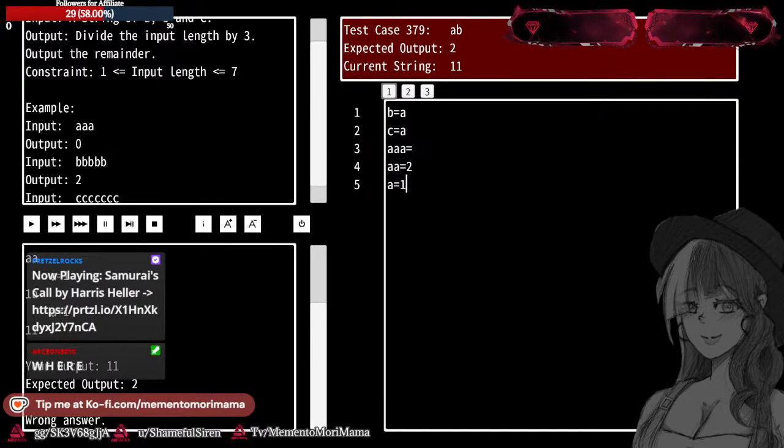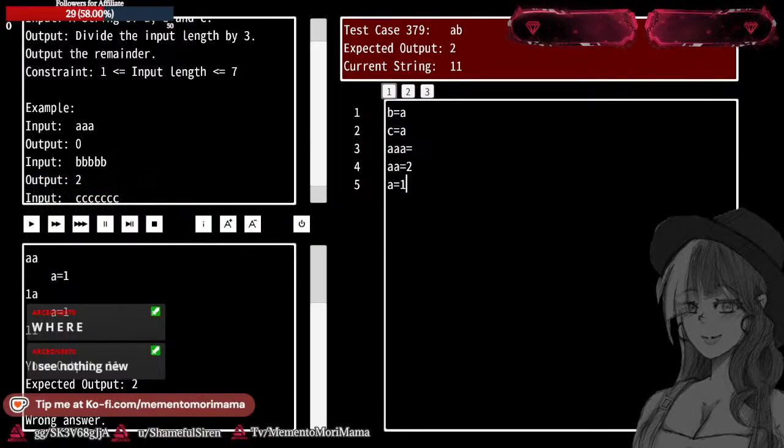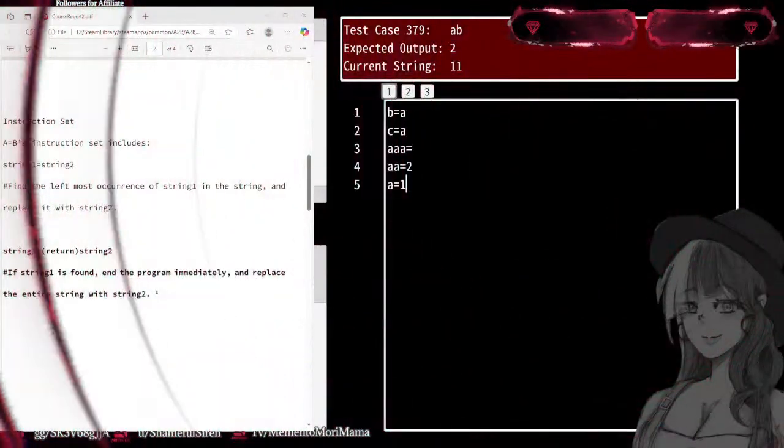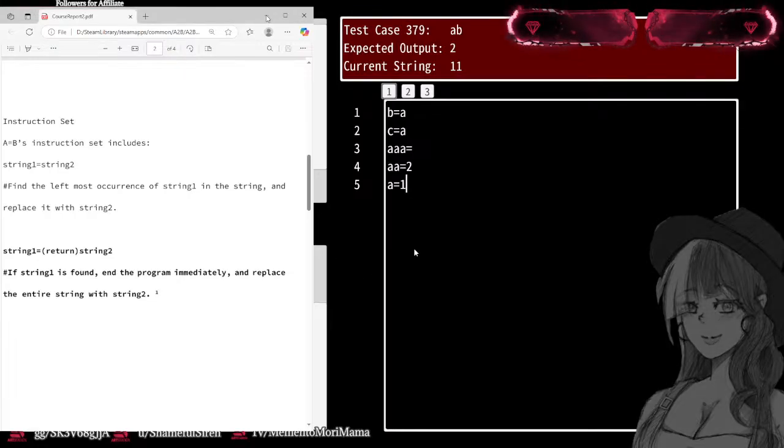Oops. Oh, I have to hit the button. I'm sorry. I'm bad at this sometimes. Where I see nothing. I have editor mode on. Okay. If string 1 is found in the program, then the program immediately replaces the entire string with string 2. Oh, okay. So I get it now. So if it reaches the end,